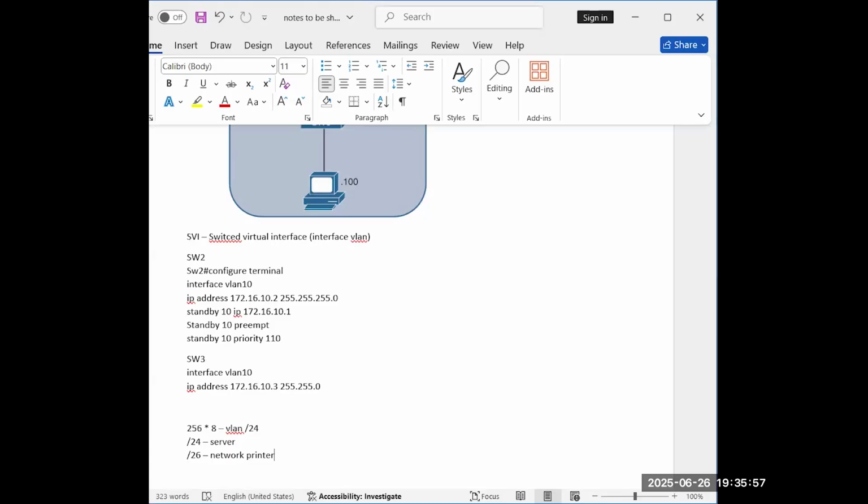So when you design a network, these things will come to your mind, and based on this only you can go for the configuration. A high level network design, you call it as HLD or LLD. We call it as